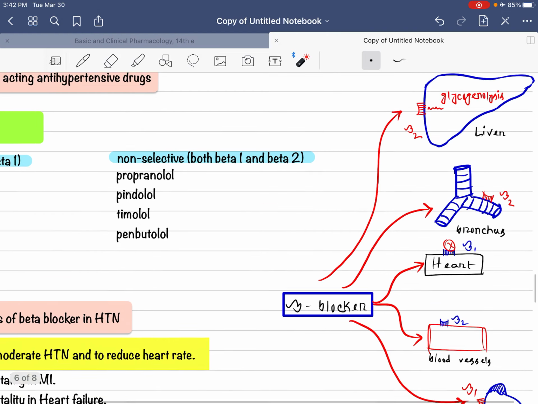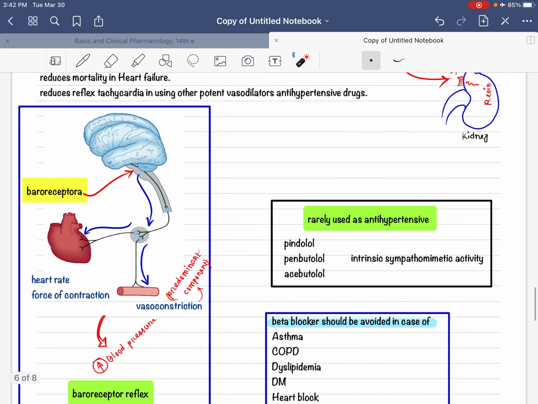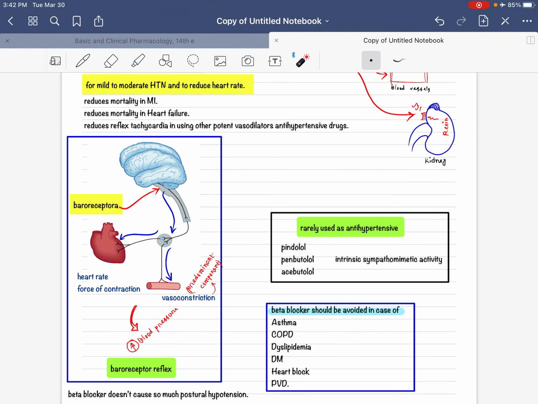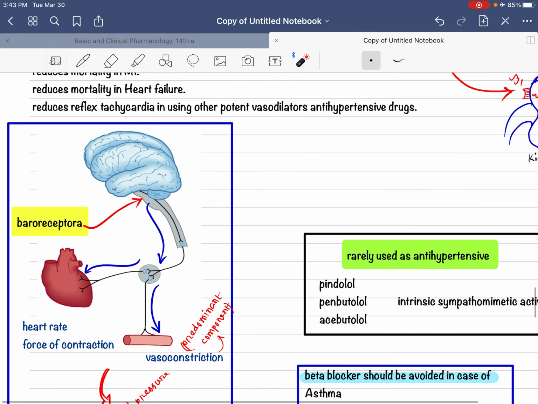Okay, so this is all about that. And now, in the case of beta blocker, one advantageous effect is that your reflex will be patent. That means your baroreflex will not be hampered. Why? Because